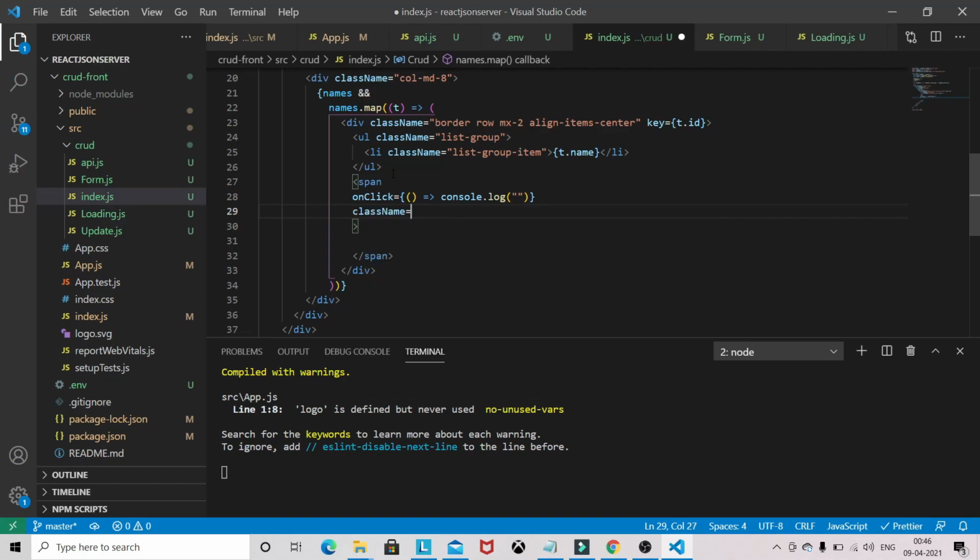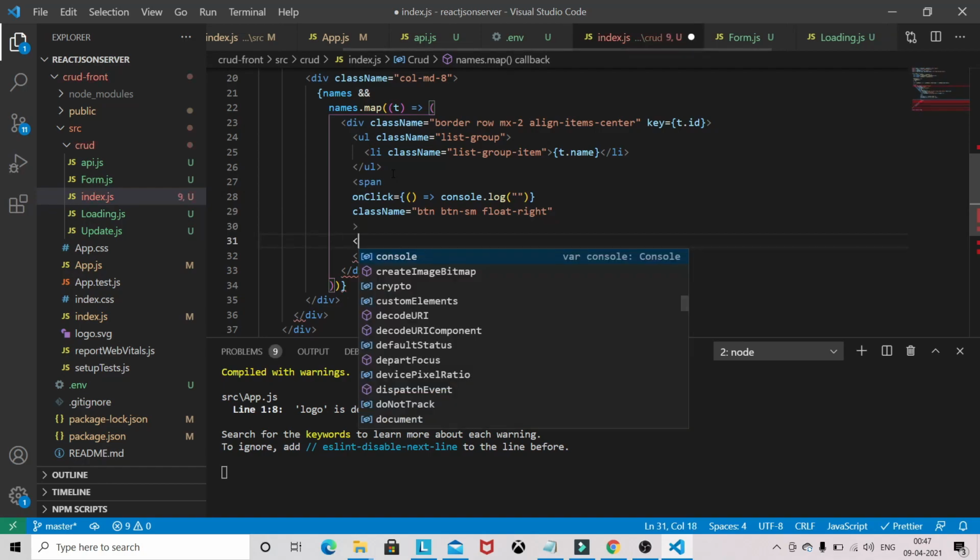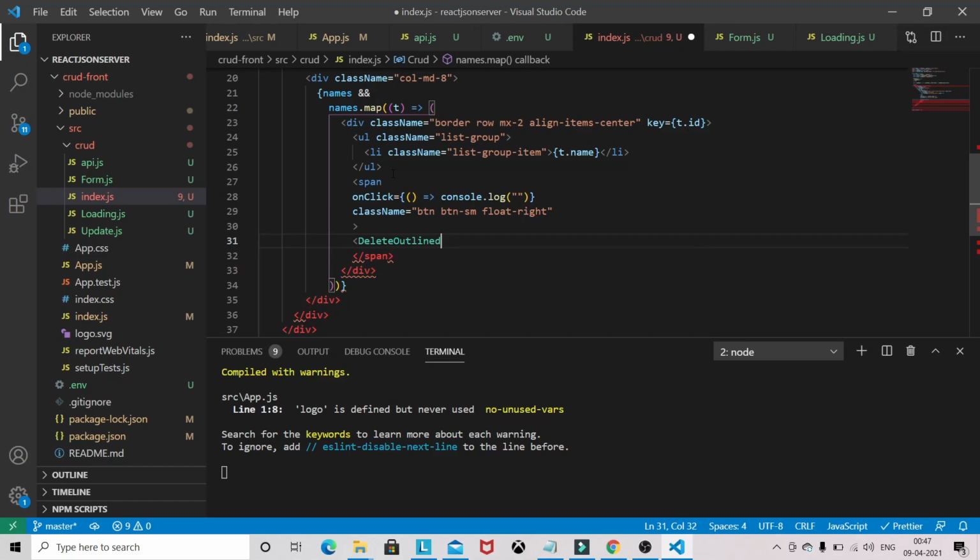And the className will be that Bootstrap class name we will give, and we have to float right. The first icon will be the delete.